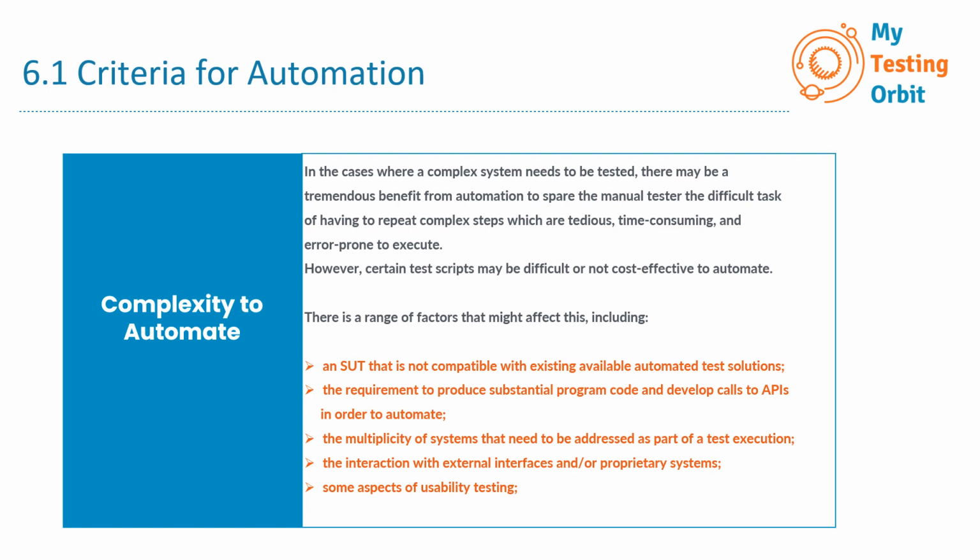Then we have some aspects of usability testing. Now, usability testing focuses on evaluating the user friendliness of the software, and automation challenges arise from multiple reasons. One can be that usability testing is often about personal opinions, which are hard to automate because they need human judgment. The next one can be that usability testing involves lots of different ways people use things, so it's tricky to capture all scenarios in automation scripts. And the last one is the amount of time needed to test the automation scripts, etc.